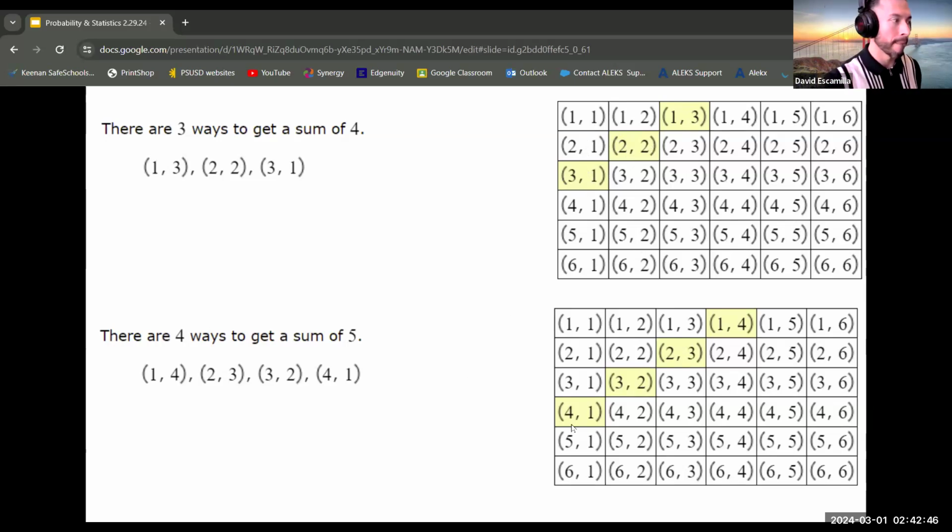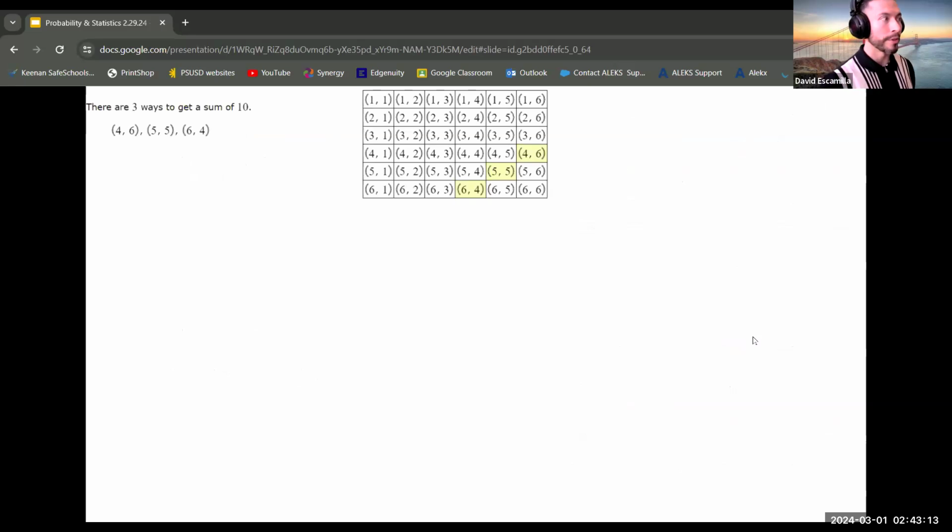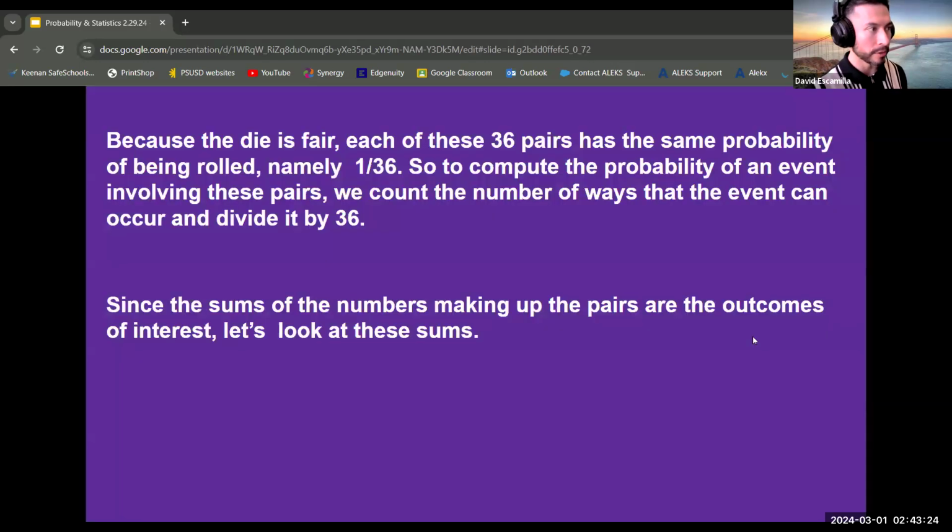All right? There are 4 ways to get the sum of 5, and you can see it over here. Examine this chart, please. Take a look at every single highlighted cell and make sure you understand what this is helping us with. Sometimes we need to see it because there are too many numbers. So there are 3 ways to get the sum of 10. I jumped from the sum of 4 to the sum of 10 because we're going to start addressing the question in the problem. If we go back to the problem,